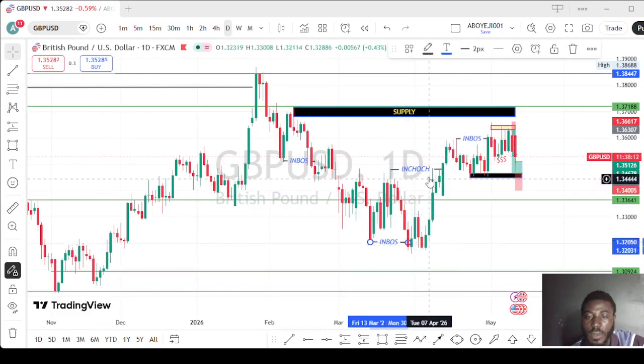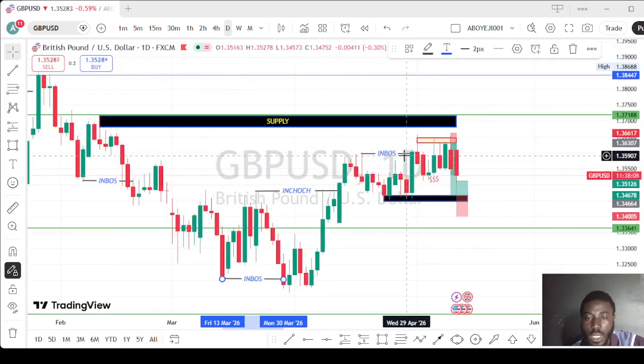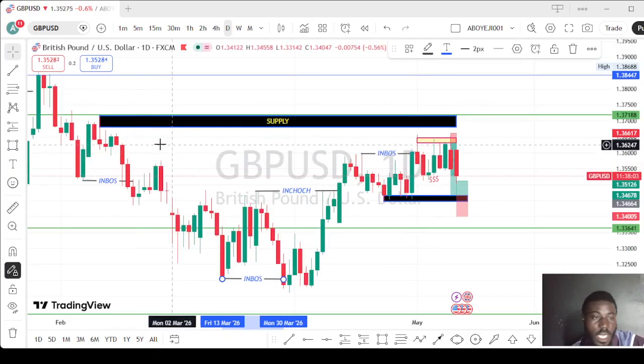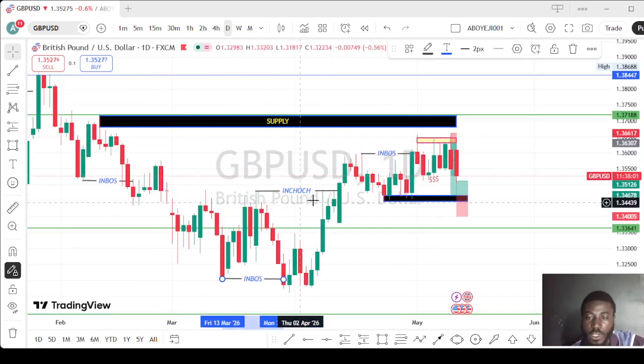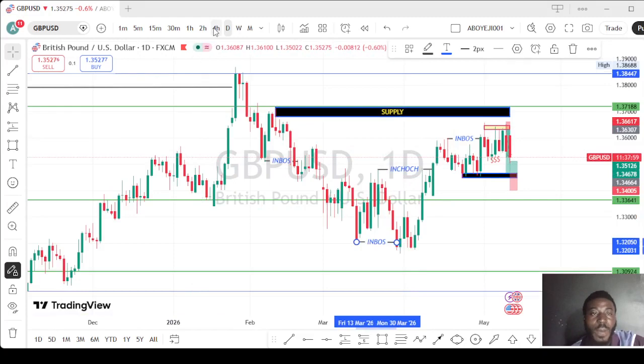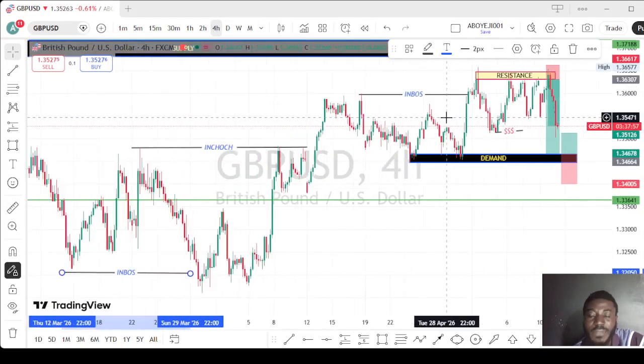on the daily time frame. The market gave us a change of character, and gave us another break of structure here. Break of structure, and this is the supply. You can see the supply. So let's move to the 4 hour time frame, our analysis time frame, to redefine the market very well on your